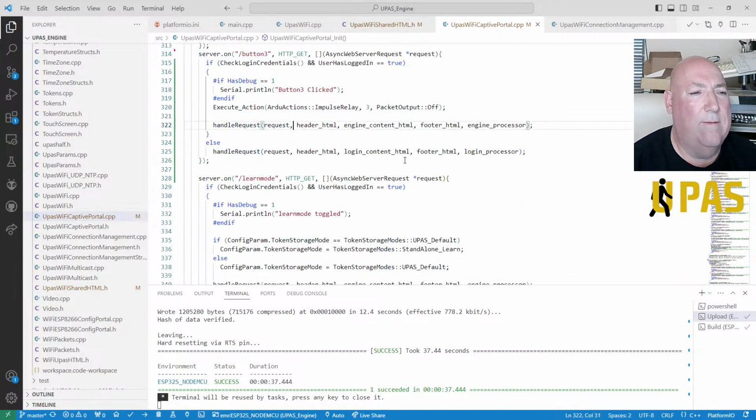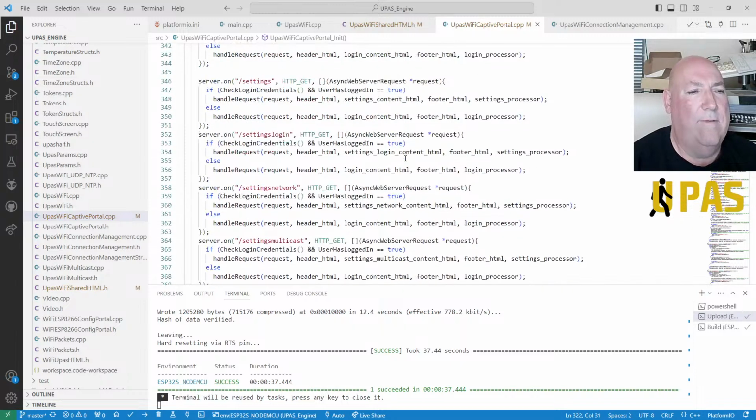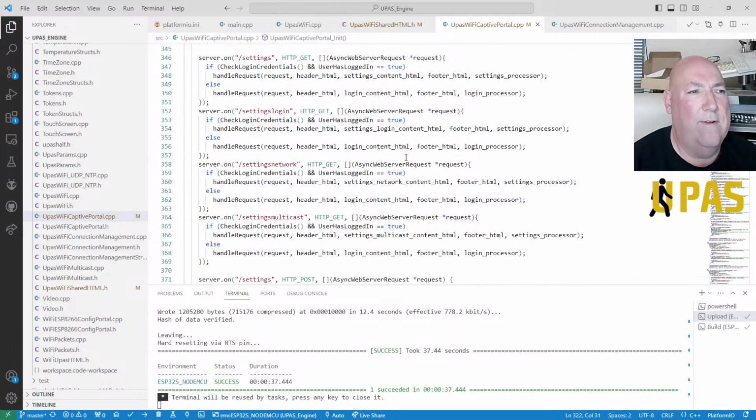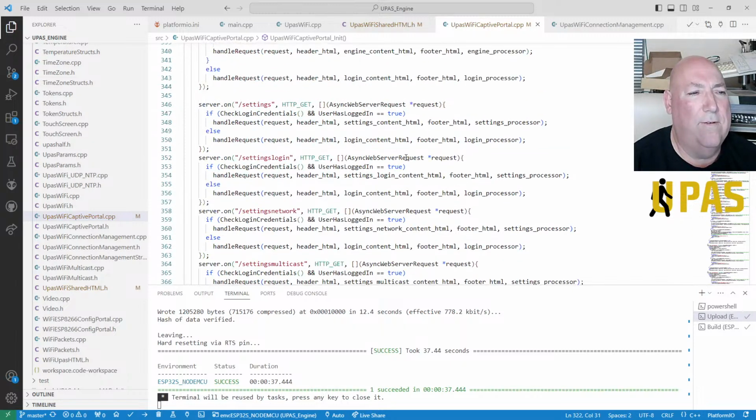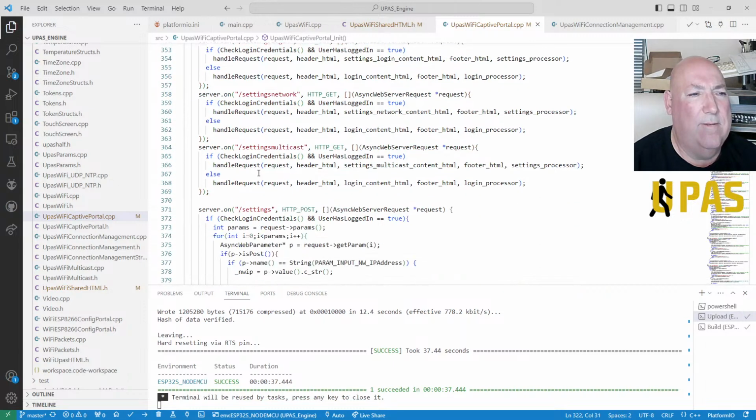So we want to go. Have we got a settings? No, we haven't got one of these for. How are we going to do it? Hang on. Let's go. So we're doing this request. So that is settings.